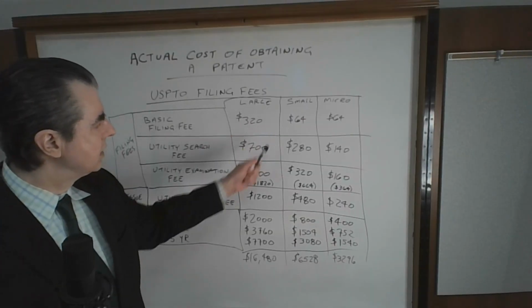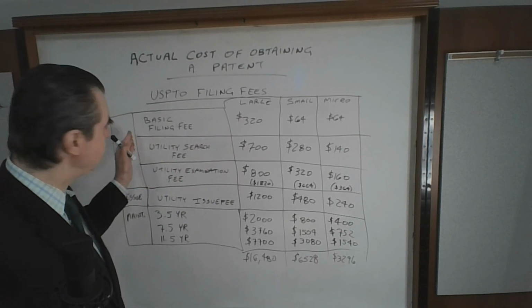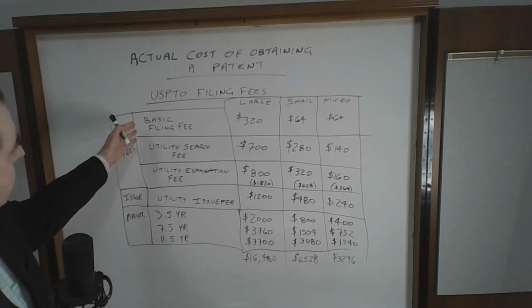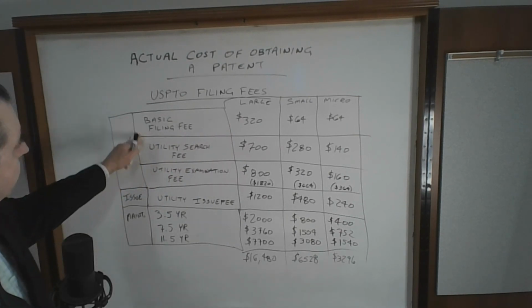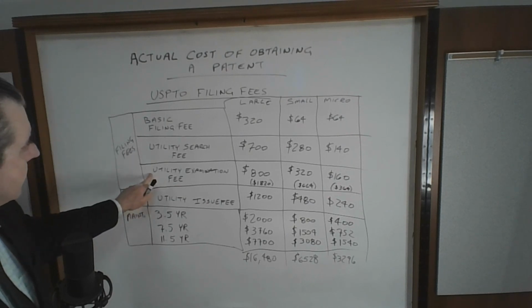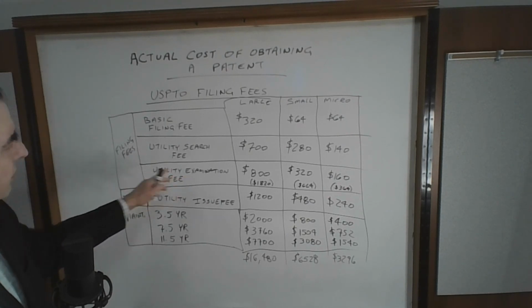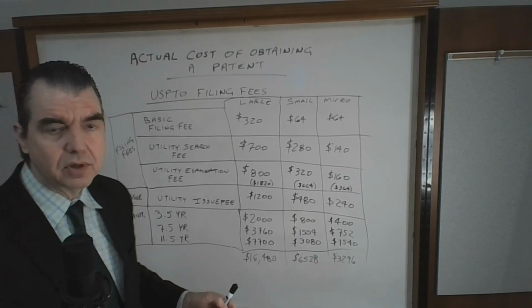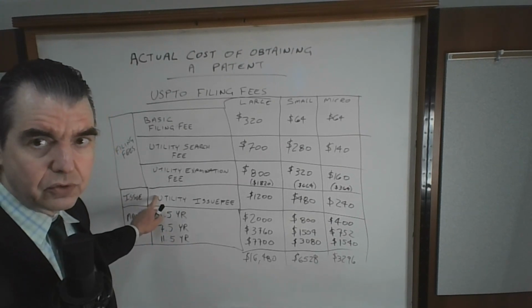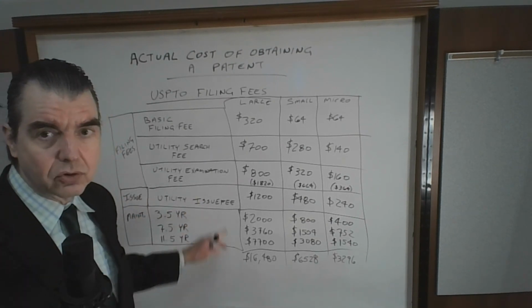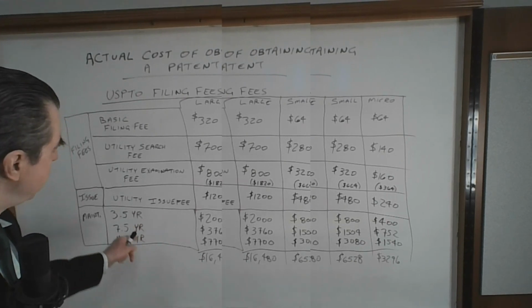If you take a look at the total fees, the 3 basic fees you have to pay upon filing an application are the basic filing fee, a search fee, and an examination fee. Now, subsequent to that, as I mentioned, if the patent does get granted, then you have to pay an issue fee. And after the patent is granted, there are some maintenance fees that you have to pay,